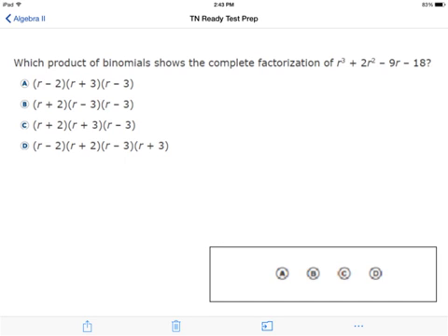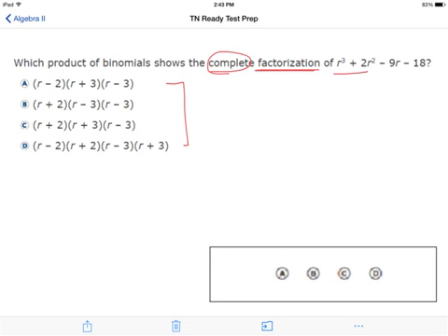This question asks us, which product of binomials shows the complete factorization of r cubed plus 2r squared minus 9r minus 18? So here they're looking for factorization, so that must mean I need to factor, and those are my factored answer choices. And they said complete, so I need to make sure I keep factoring until I can't factor anymore. Now, looking at our polynomial, I see that we have 4 terms here,